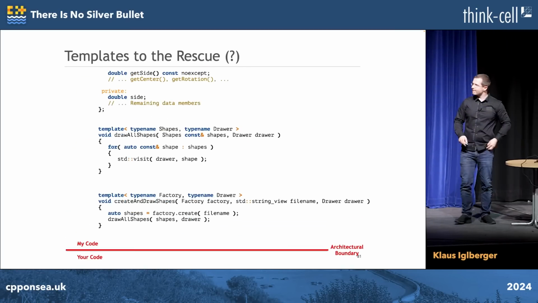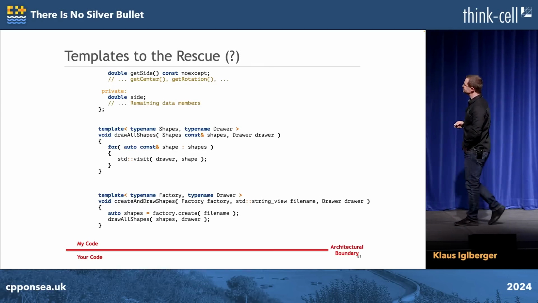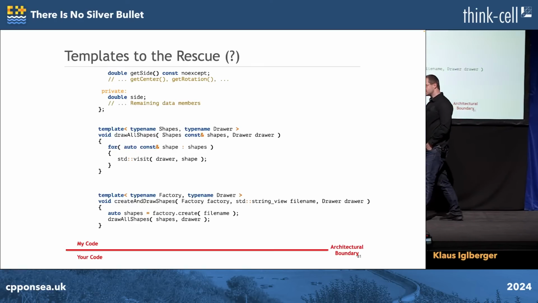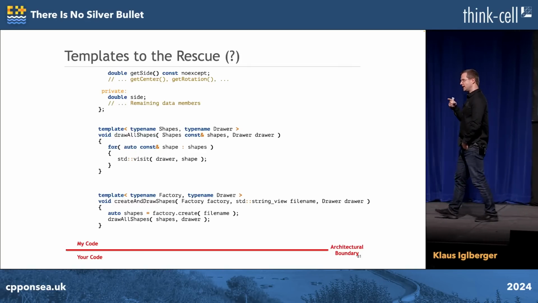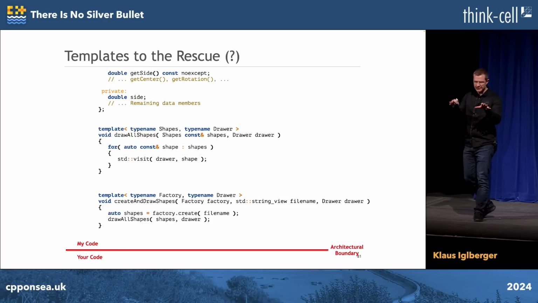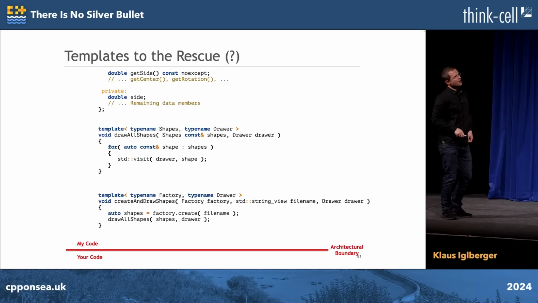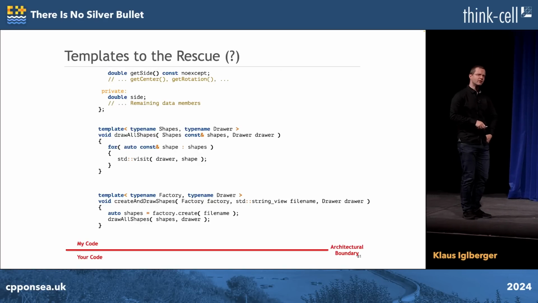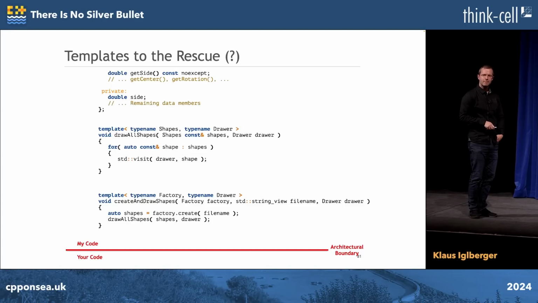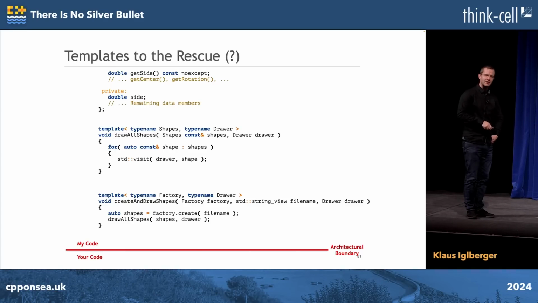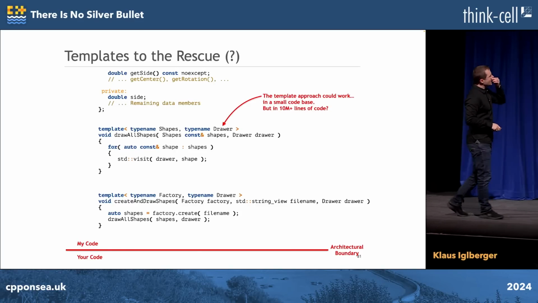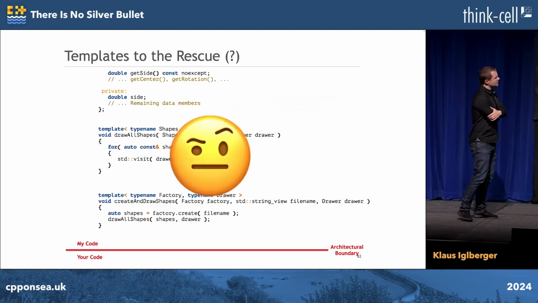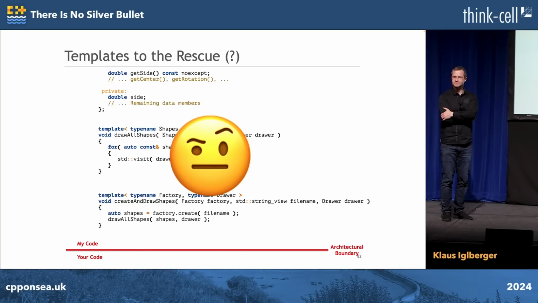Okay, however, think about this again. This now means that I have to put templates pretty much wherever you want to pass me something. In a bigger code base, 10 million plus lines of code, this now kind of means that pretty much everything is turning into a template. And I'm not sure, and I admit I'm a little skeptical, that a 10 million plus line code base, header only, template only, is something that you would like to have. This probably feels also kind of wrong.